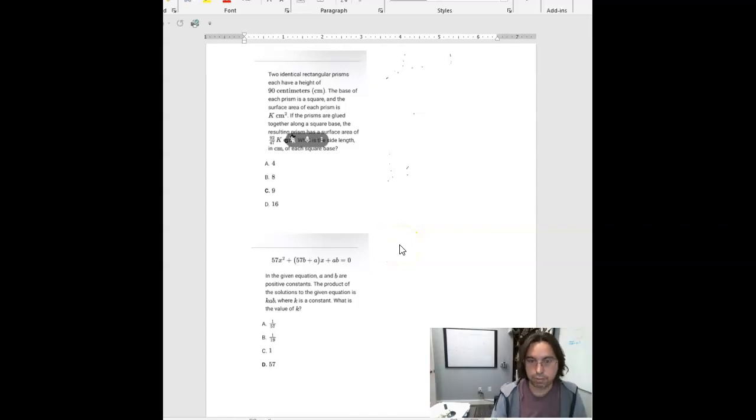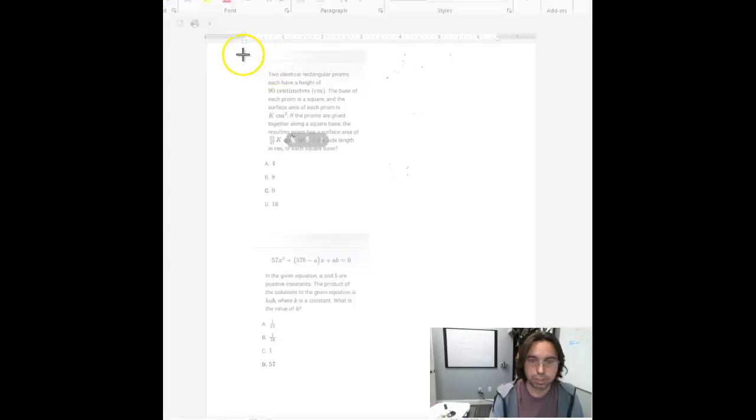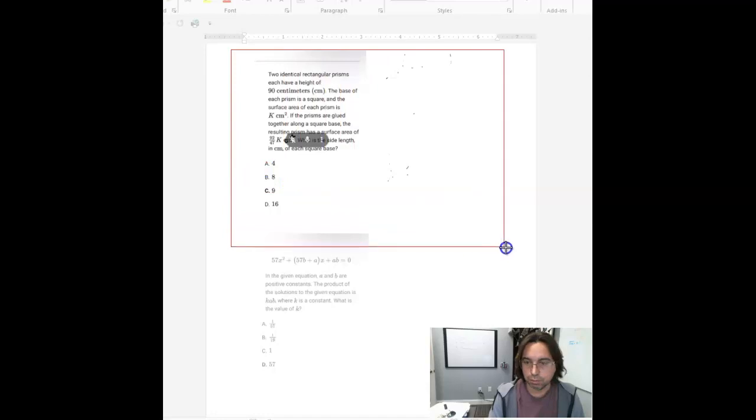All right, so this is how we want to address this first problem. It's understood that we have two identical rectangular prisms here. Each has a height of 90 centimeters. Essentially, what we're trying to accomplish here, as we look at this one,